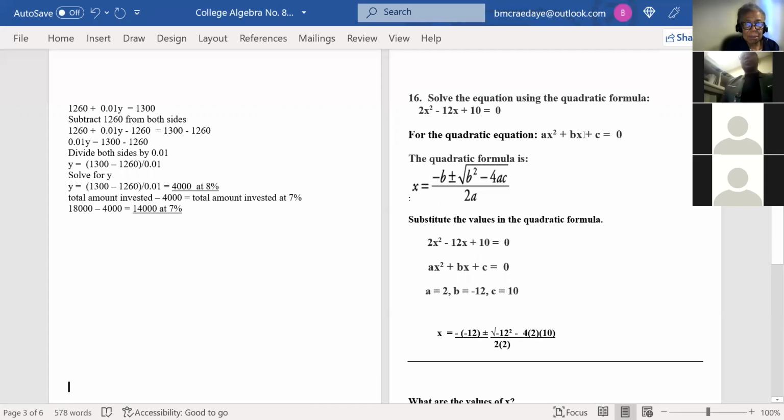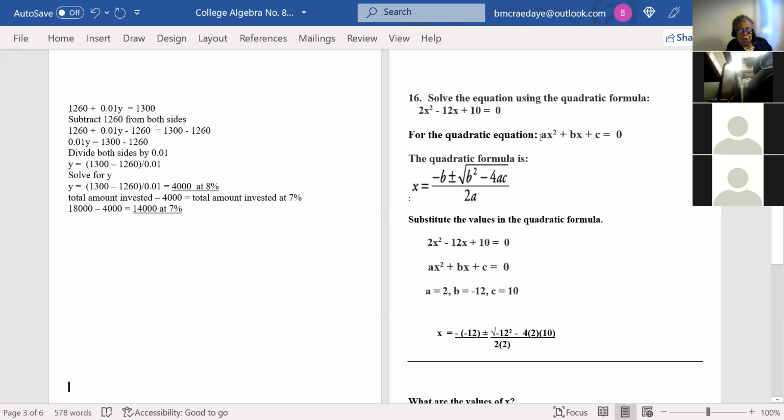AX squared plus BX plus C is 0. Now, A is the coefficient of the X squared and B is the coefficient of the X and C is the constant. So based on this, our A, and I put it right here, A is 2. That's the coefficient of the X squared. B is a minus 12. That's the coefficient of the X. And C is the constant 10. So once you identify your A, B, C